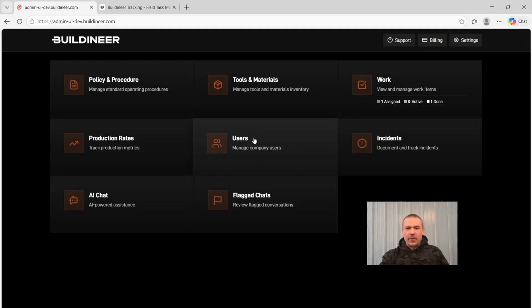Just a couple other buttons. You have your own AI chat on the admin side. It's very similar. It works a little different though than the field app. This actually can help you make policy, so it can like work with you until you reach that conclusion that you want to publish. The flag chats is where when your team asks a question that you don't have a